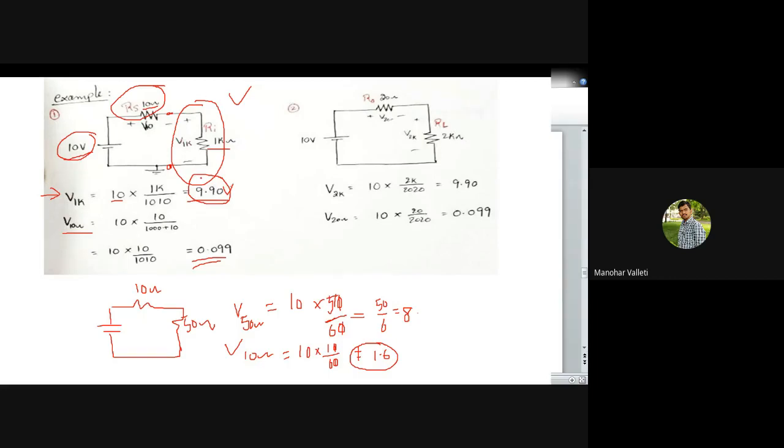Because of that, what advantage will we get? The applied input will effectively appear at the op amp input, and the power dissipation by the op amp is less. In the same way, consider the second example. Let us take the op amp as having a gain of 1. If you apply 10 volts, at the output of the op amp you will get 10 volts. Let us say this is the output of the amplifier circuit.